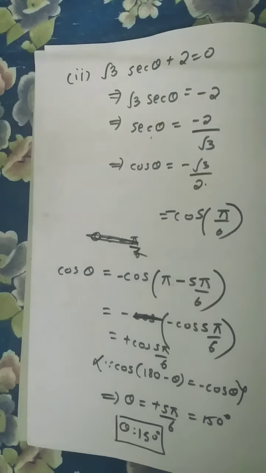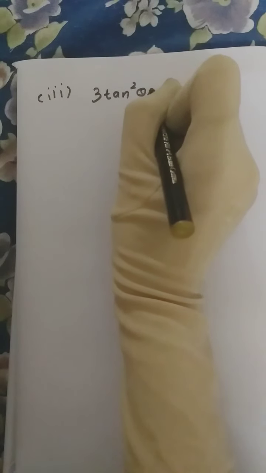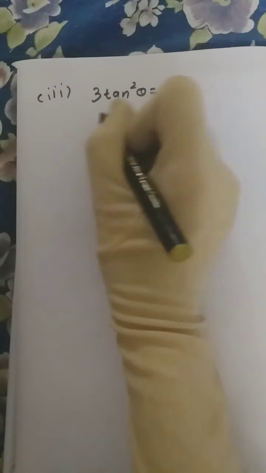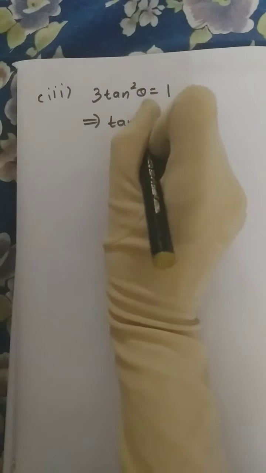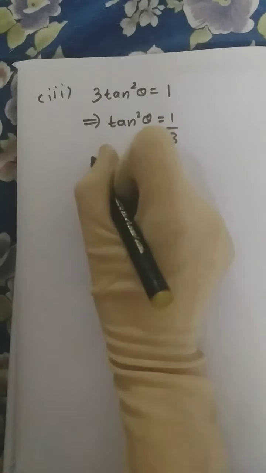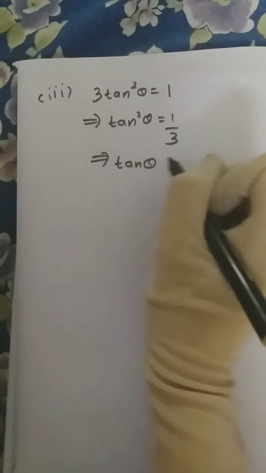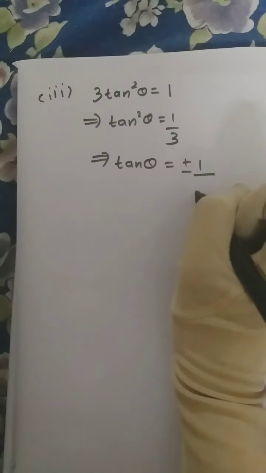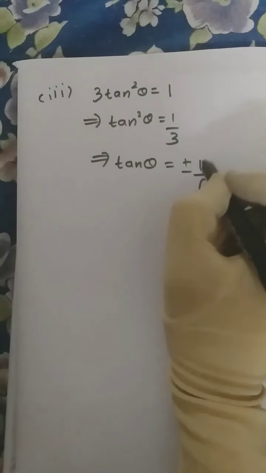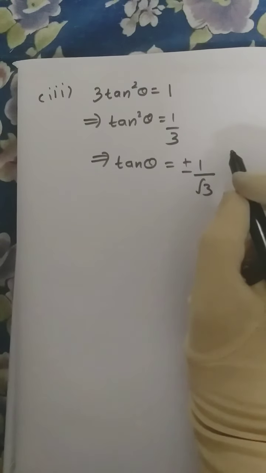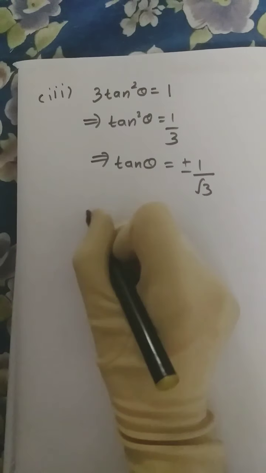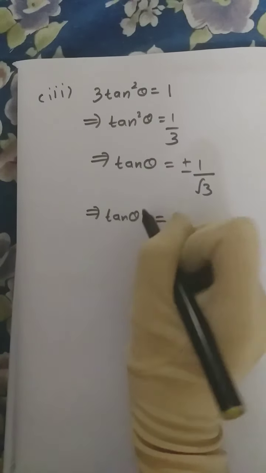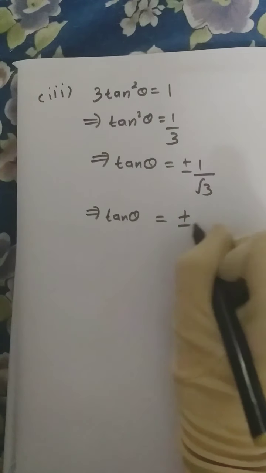Moving on to third bit. The question is I have to solve and find out the value of the principal solution. 3 tan square theta is equals to 1. So here I can write tan square theta is equals to 1 by 3, or tan theta will be equal to plus or minus 1 by root 3, because the square we are sending to that side becomes plus or minus. Now this can be written as tan theta is equals to plus or minus tan